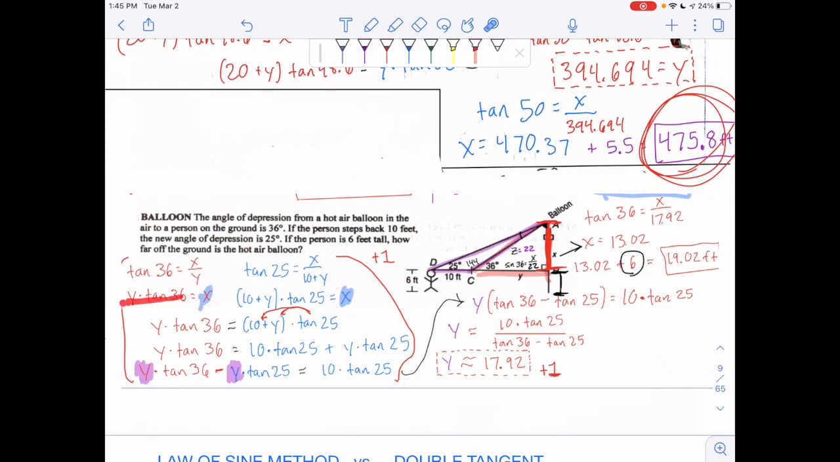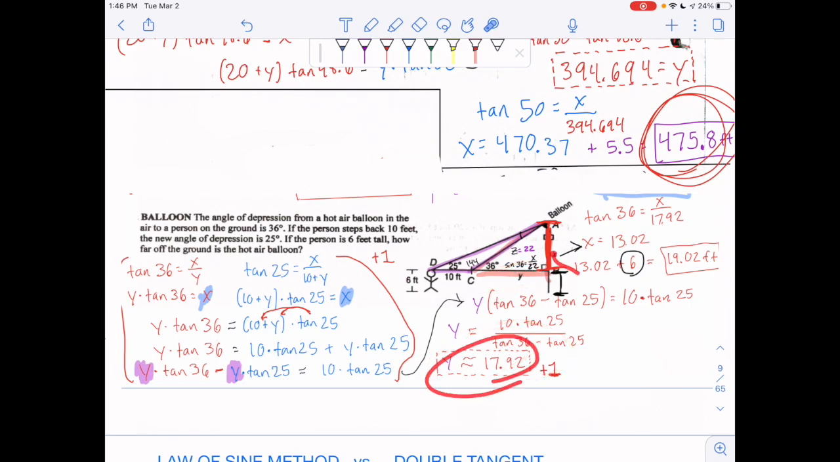Set them equal to each other since they both equal x, right? Little substitution, distribute, boom. Then you have to move this one to the other side, right? You subtract this one to the other side, keep your y's together, you factor out the y, and then you divide it out. In this case here, yes, you found your y,